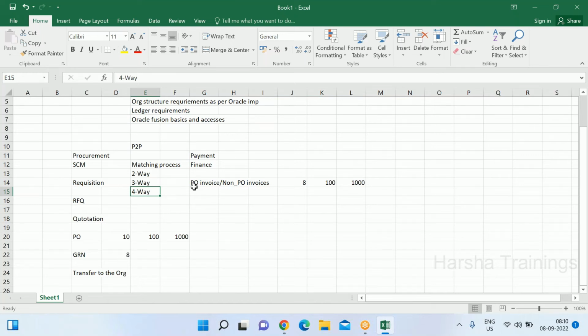And once the invoice is clearly processed and everything is in place, it is ready for payment. Then the finance team completes the payment process. If the invoice is clean, in that case okay. If it is not clean, then it will go on hold. The business has to see why it is on hold and take a decision, and then once